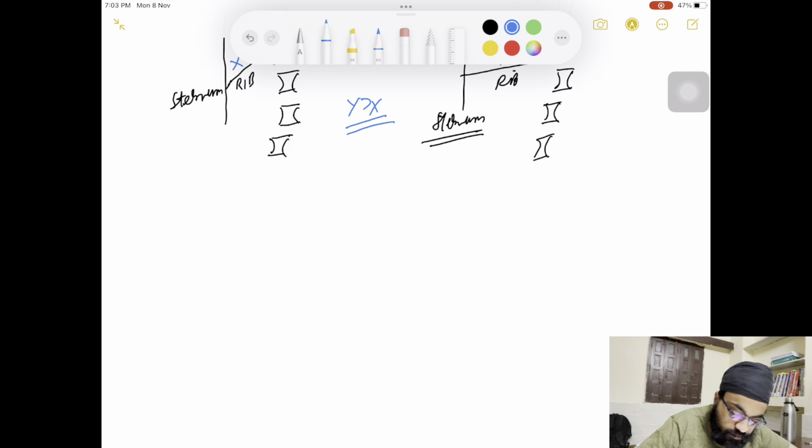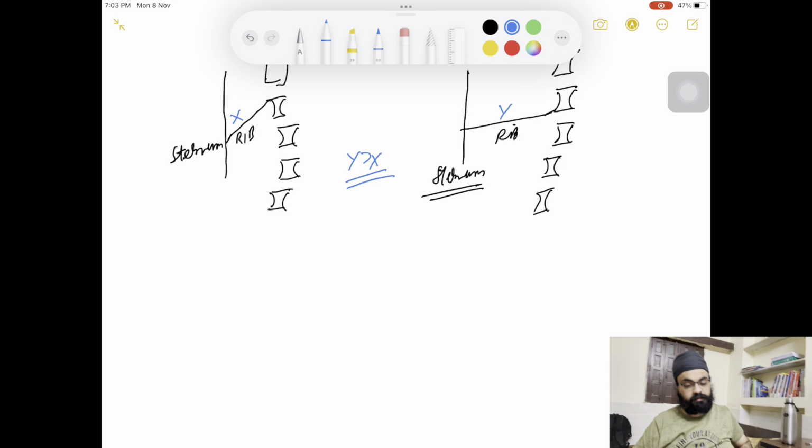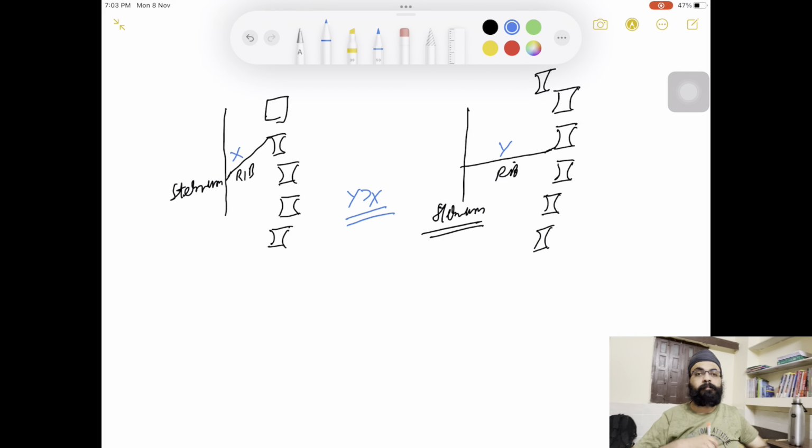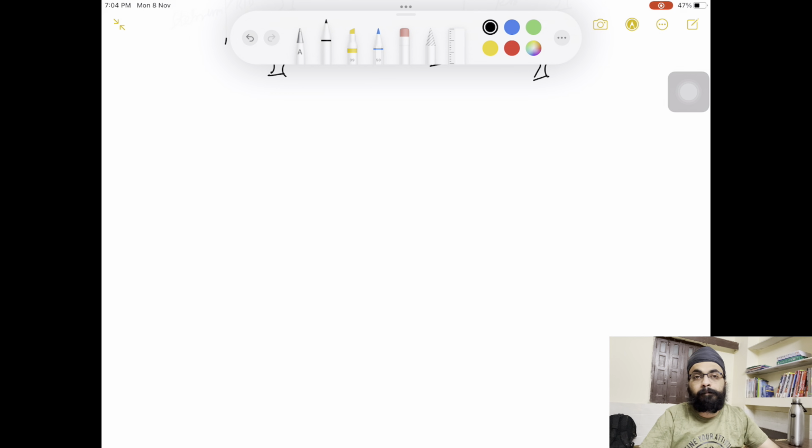So with this movement, your sternum will bulge in front. Like this is a human being, and this is a sternum, you're seeing it from the side. Normally it will bulge in front. If we are looking from the front, it will come forward like this. So this increase is the increase in the anterior posterior diameter taking place.